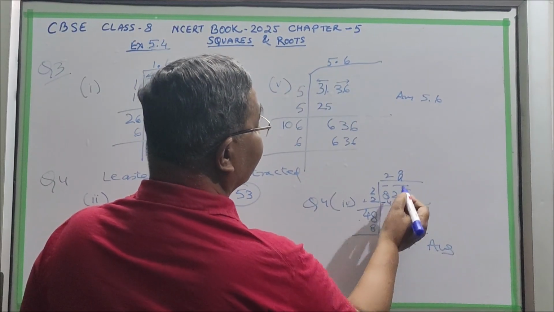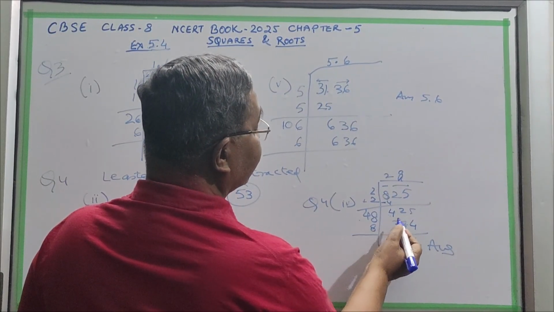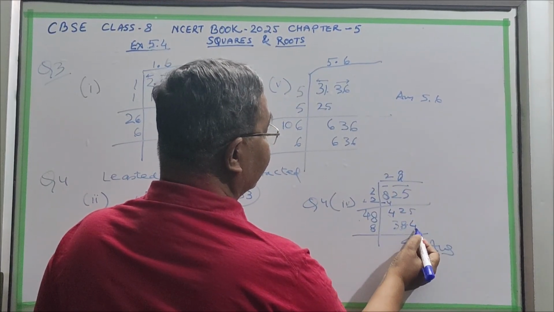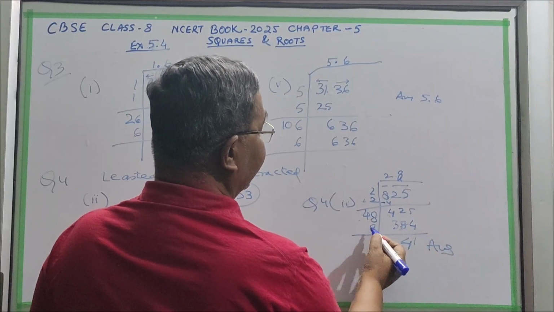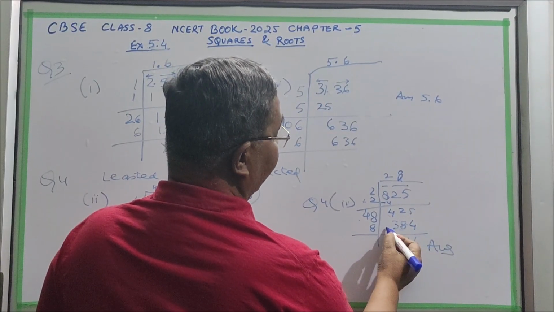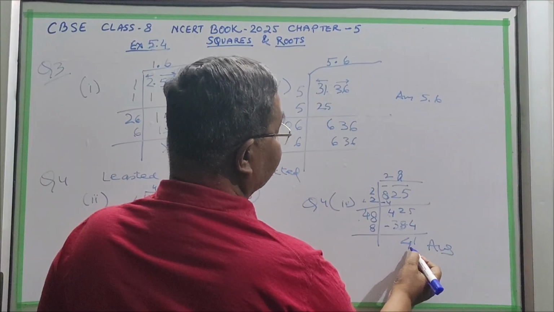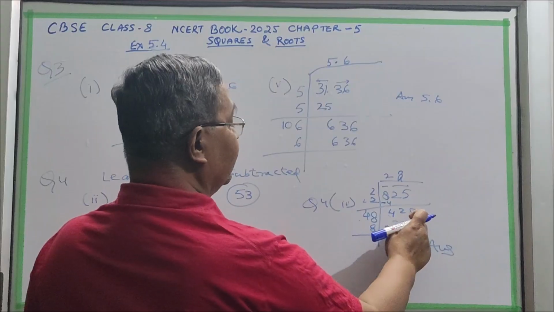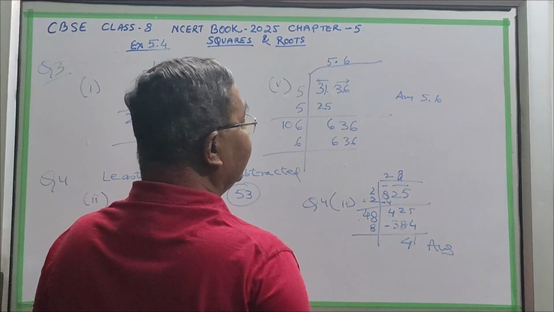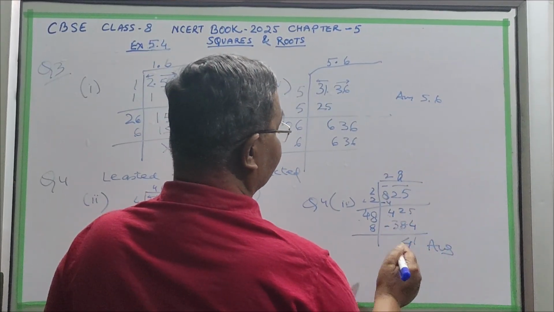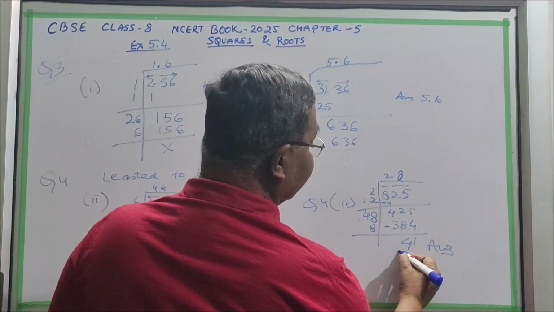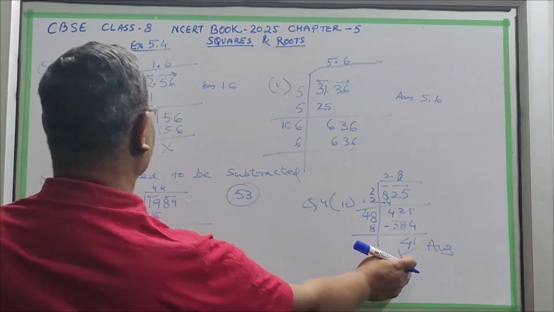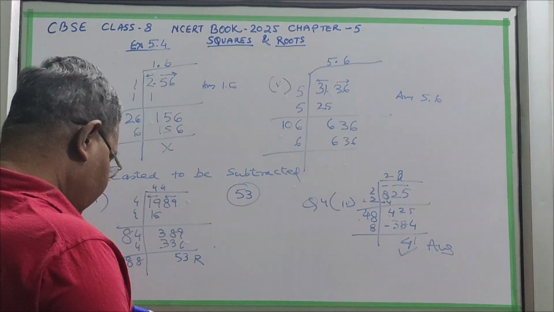So 4 will come, and now we will try any number should not exceed 42. So we will take 8. 8 8s are 64, and the 6 carry, 8 3s are 24, 32, and 6 38. Now we will minus it. So after minus, this 41 is coming. It means if this number is reduced from here, it will reduce from here also, and it will be perfectly divisible, and the number will become a perfect square. So our answer is 41. What number should be subtracted? 41 should be subtracted. Okay, now we will go to the next question.